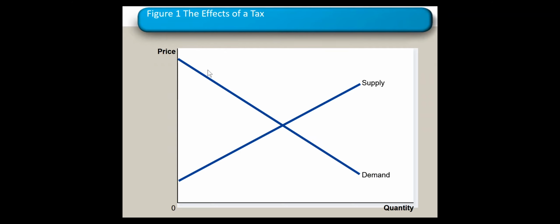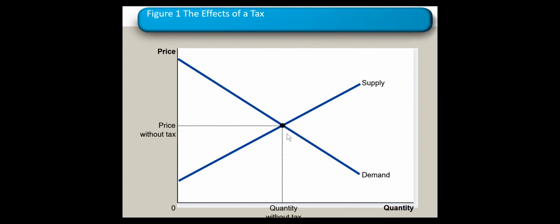Okay. Now look at the effect of tax. Usually we refer to effects in the plural because it doesn't affect only one thing. Actually, it has multiple effects and reflections. This is a supply curve and a demand curve, and this is just an imaginary price and quantity of a good or a service. You can imagine any good or service of your own.